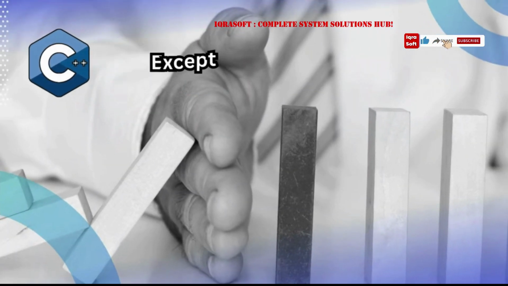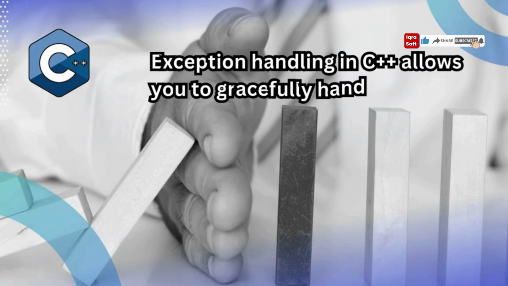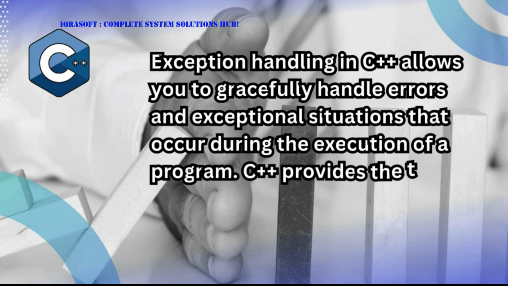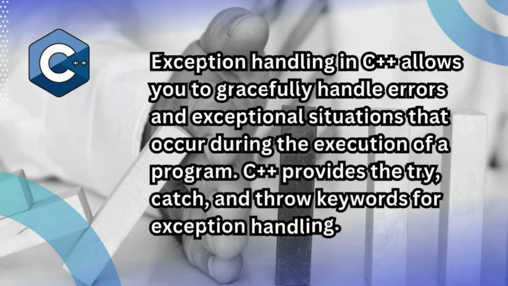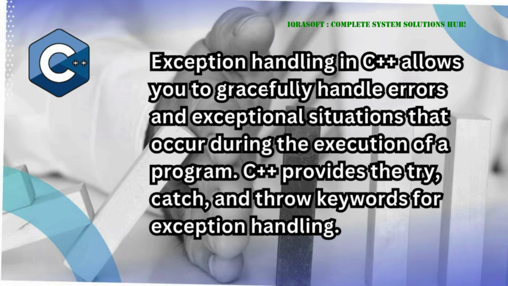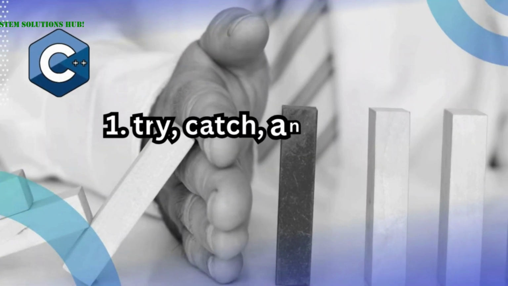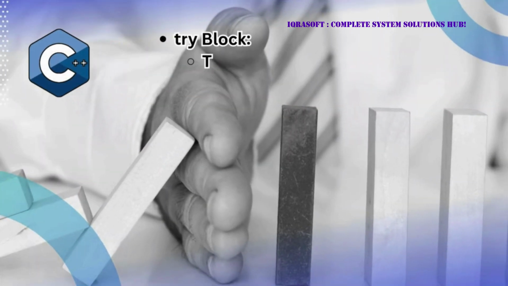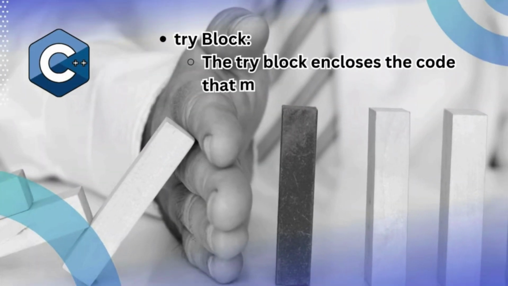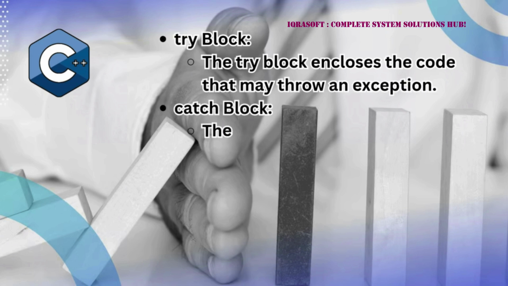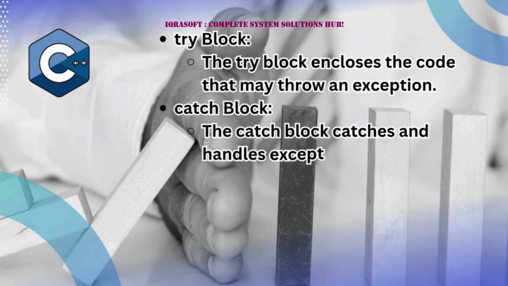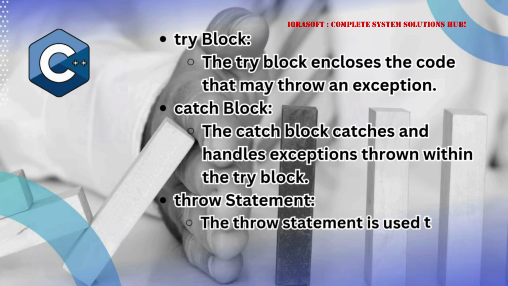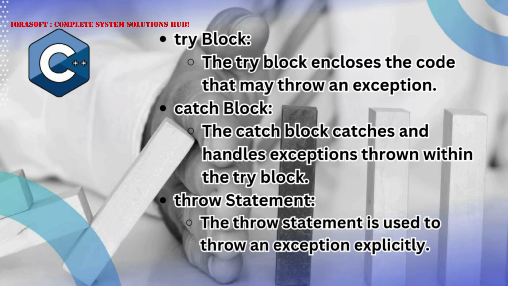Exception handling in C++ allows you to gracefully handle errors and exceptional situations that occur during the execution of a program. C++ provides the try, catch, and throw keywords for exception handling. 1. Try, catch, and throw keywords. Try block: the try block encloses the code that may throw an exception. Catch block: the catch block catches and handles exceptions thrown within the try block. Throw statement: the throw statement is used to throw an